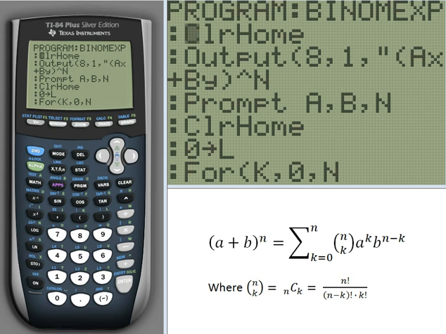Hello everybody, today I'll be showing you how to upgrade the binomial expansion program that we built in the previous video. What I mean by that is we're going to add a scrolling capability to our display screen, so we can scroll through the terms in our answer. To get started here, we're going to want to